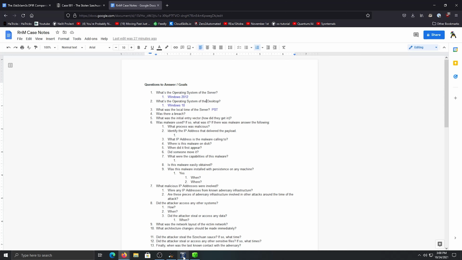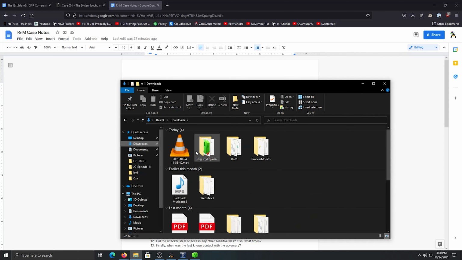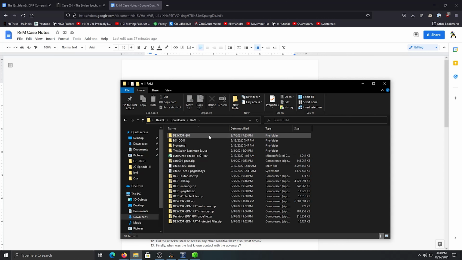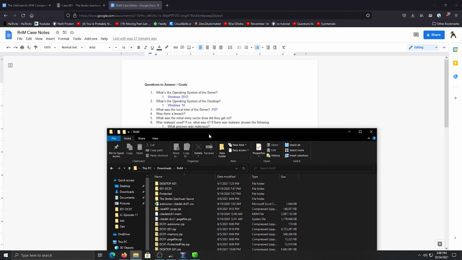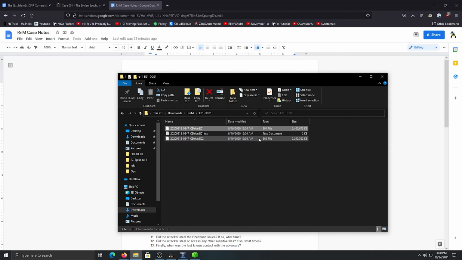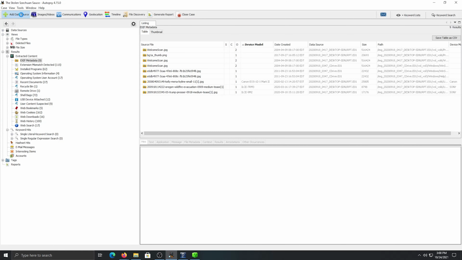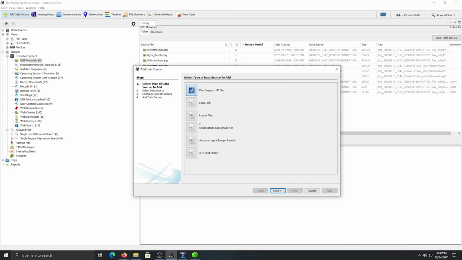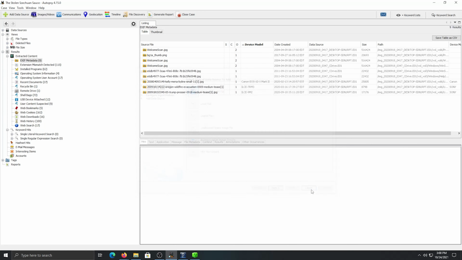So say we have the E01 files here. Let's start with the server. So DC01, here's the E01 file. We can toss it into Autopsy. So you'd add data source, right? Disk image, hit next, and then you go through it, and it'll also get you to a screen where